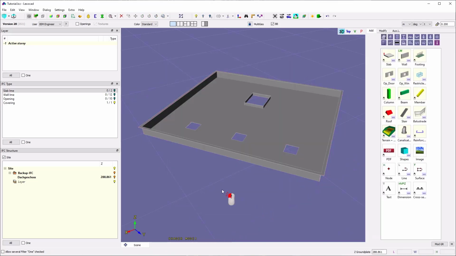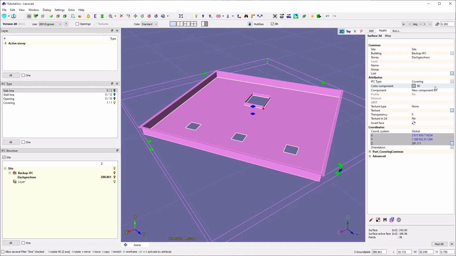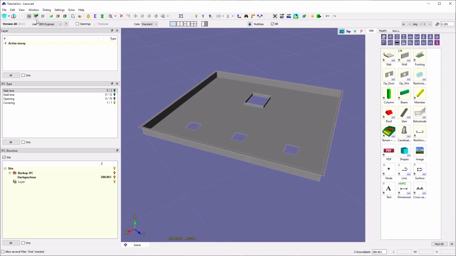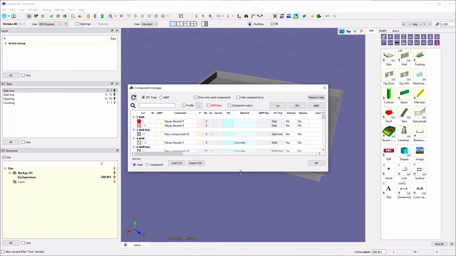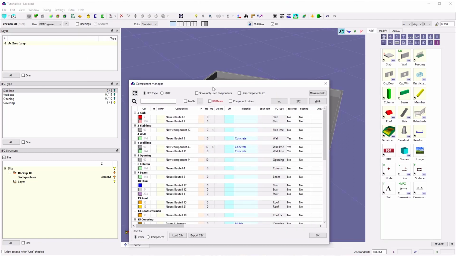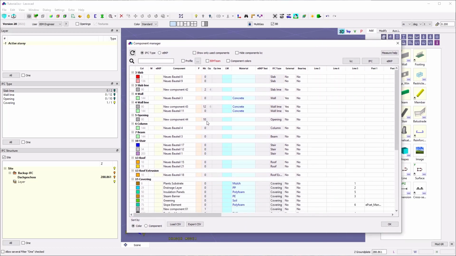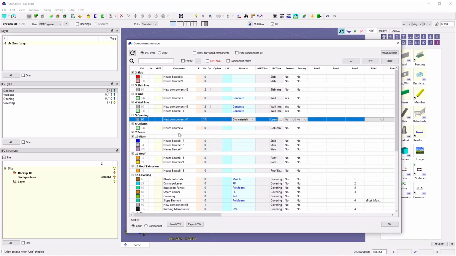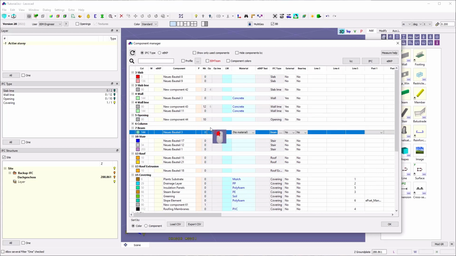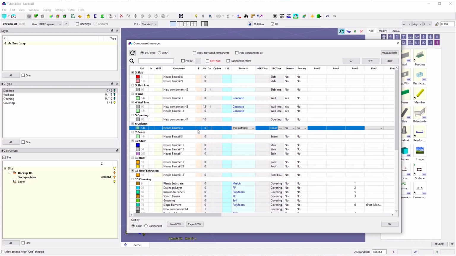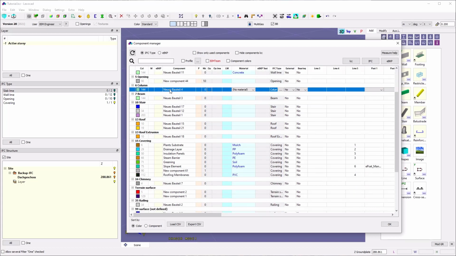So in this file, I already got here the component. When I go in the drop-down menu, I got already here some different elements. This is because I already was here in the component manager and have here some components. You see we already have here different components, but not all of them are in use. You see here, like opening, we have 10 of them, but there are like columns and beams that are just not in this file, but you can add them like with a right click